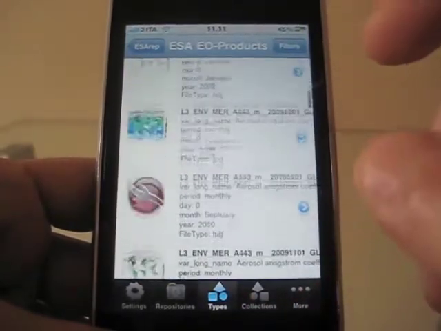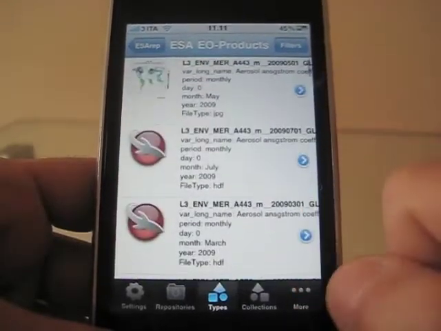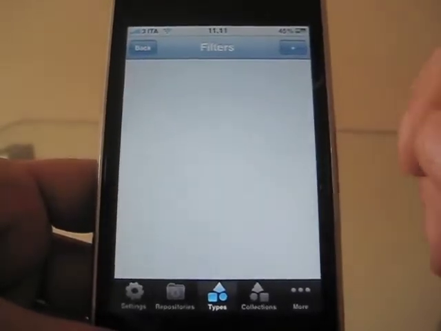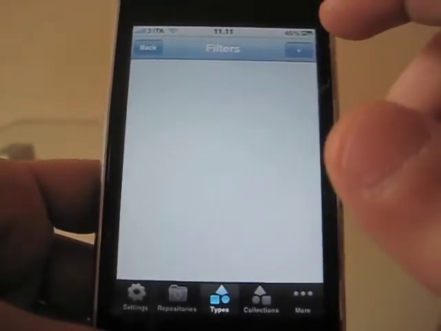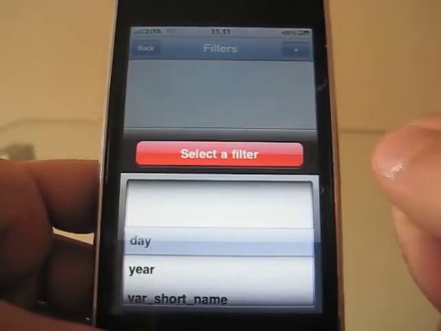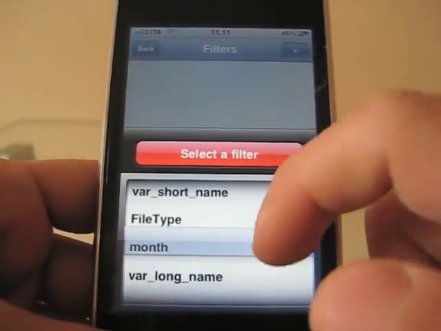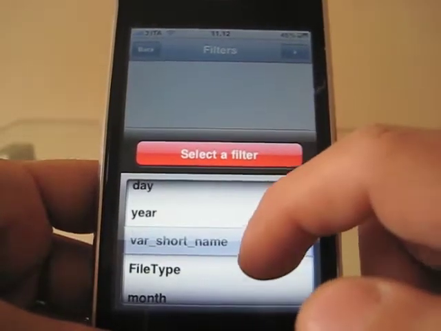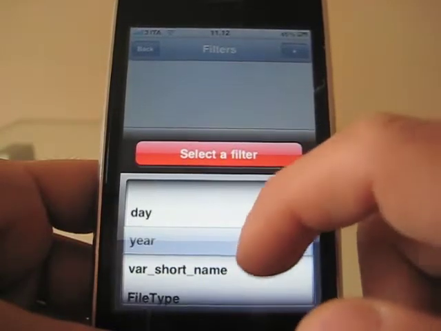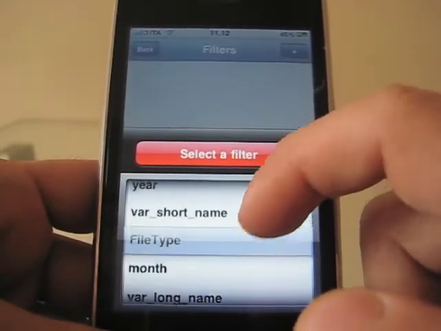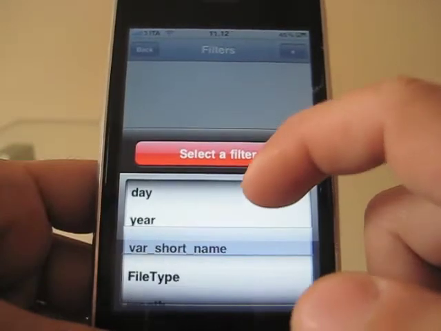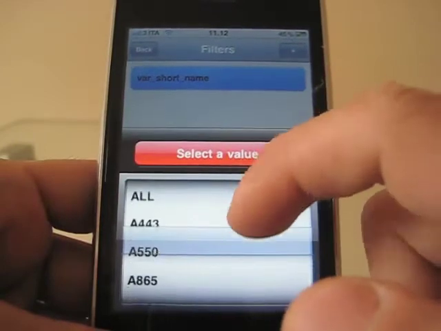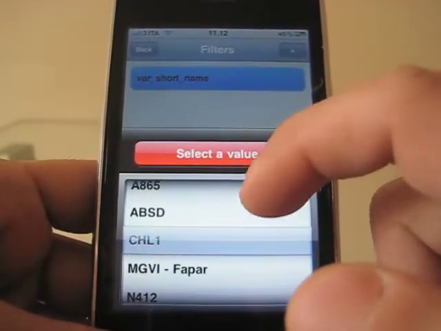But because we have stored a lot of entries, we can filter the result set using the filter button. So we click here and we can decide to restrict, to narrow the result set. So we click plus and a set of filters will appear. Filters are different for each type. So for example, you want to get only images of a given short name, so we select one parameter in this way and we choose, for example, CHL1,